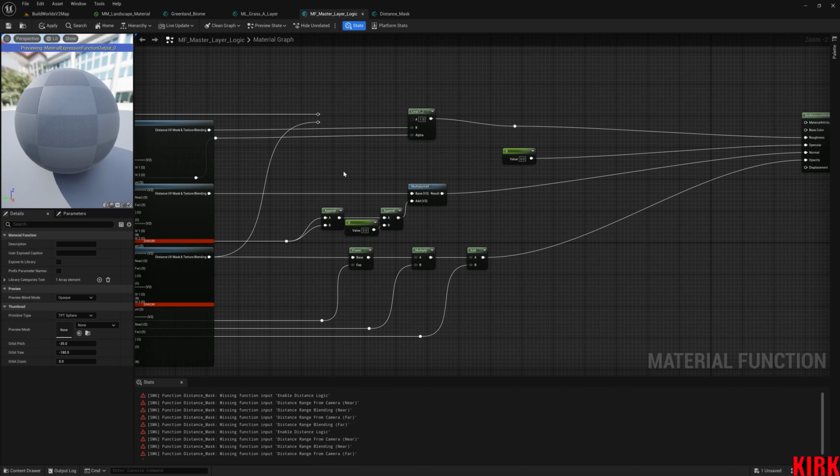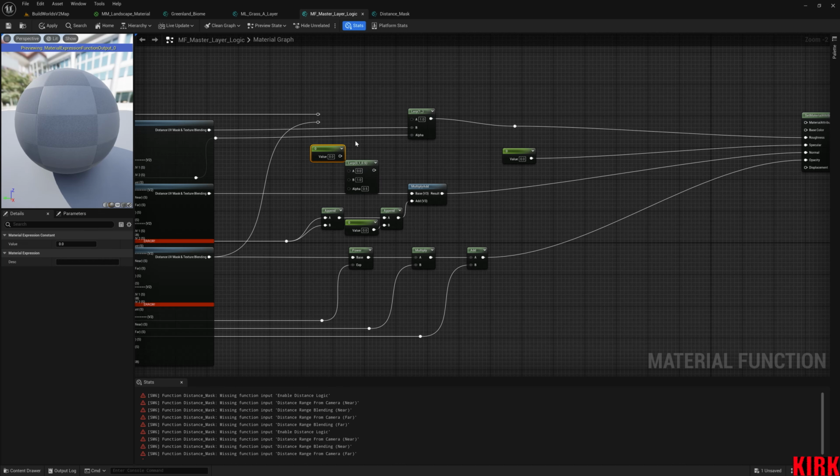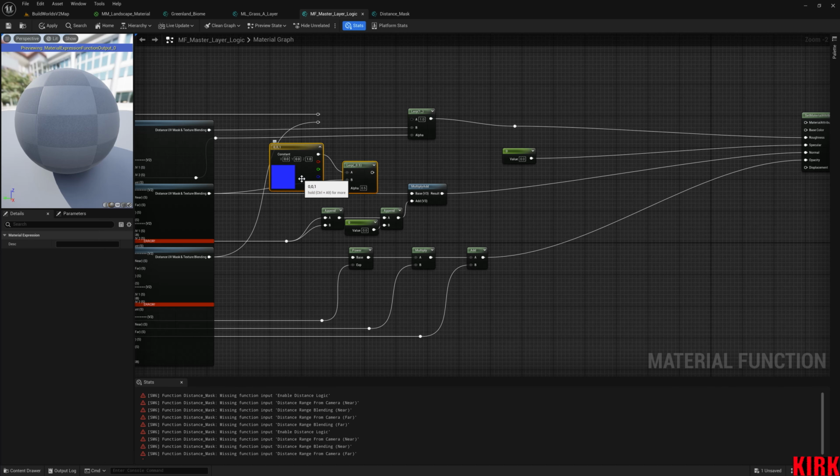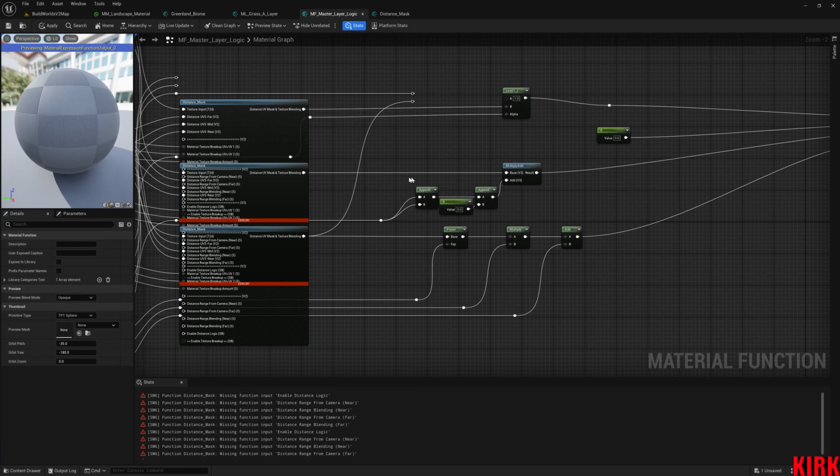Just press L on your keyboard and left click, get a lerp. Delete that. Get a vector 3. Put 1 in the blue channel, plug that in. That would go into the normal, and then you will get a value here. Because, well, I tell you what, I'll showcase that when we get around to the normals of how normal maps work